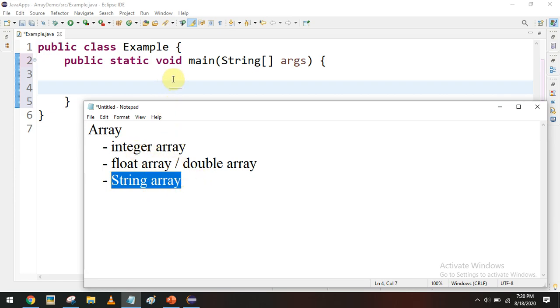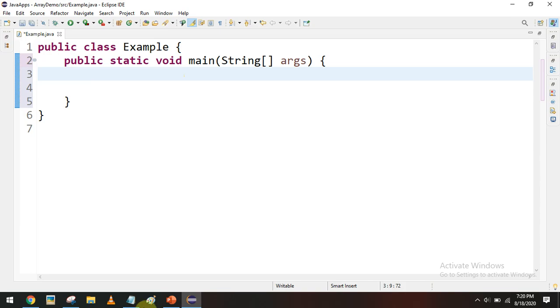Okay, so now let's see how we can create an integer array. For example, if you want to store 5 numbers in an array, first you have to mention the data type. Then we provide an array variable name, then square brackets to represent that it is an array variable, followed by the new operator.